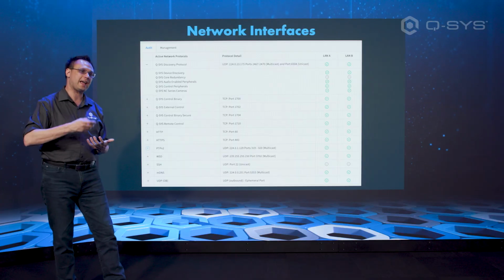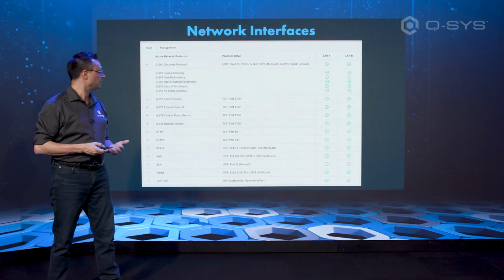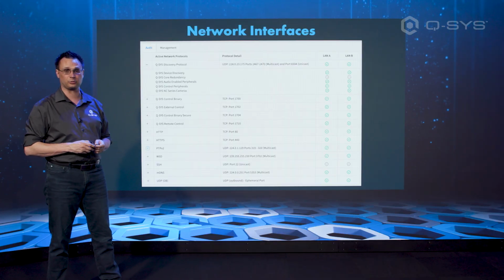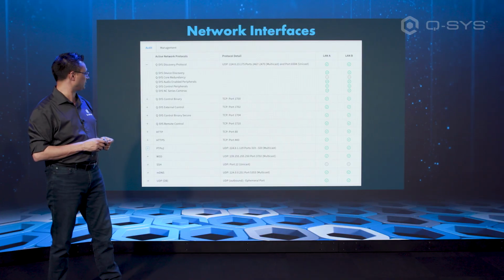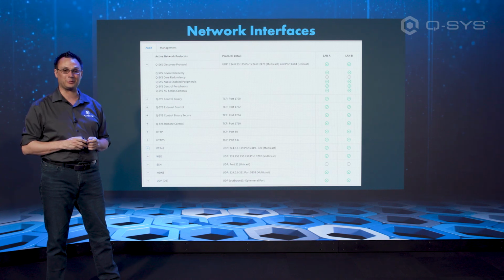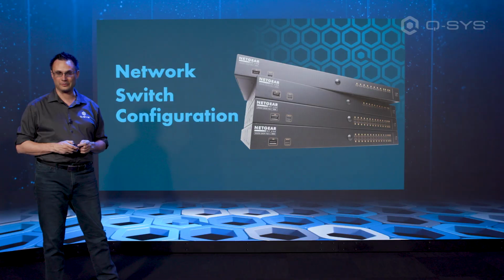Make sure you know, hey, I'm not using this protocol. There's no reason to enable it. Might as well turn it off. This is where you would go. This is in Core Manager, or you can also manage it through Reflect. Dial it in for each of your cores to make sure that you are trimming down the possible ports into only that which you need. Okay, so